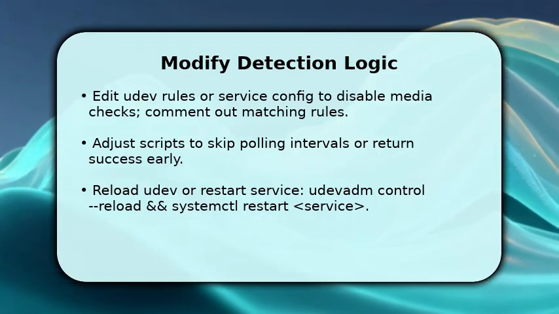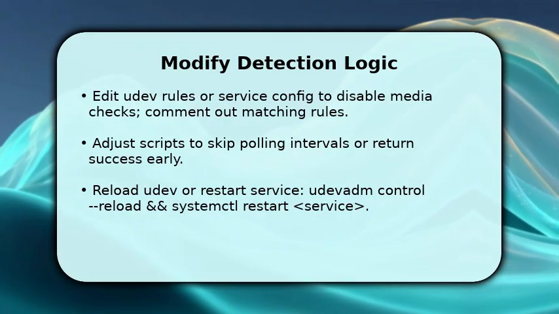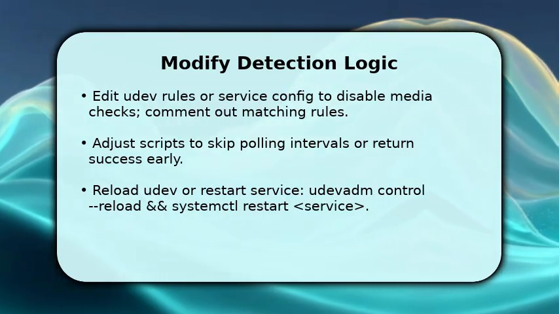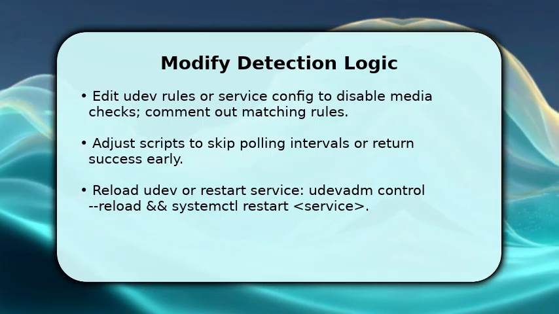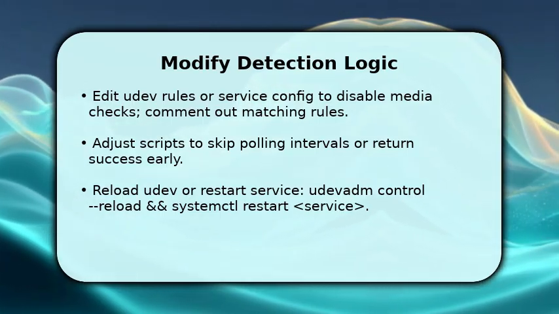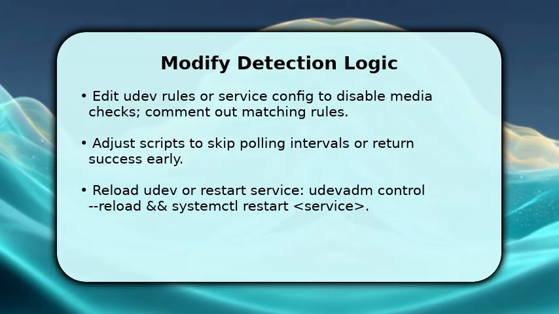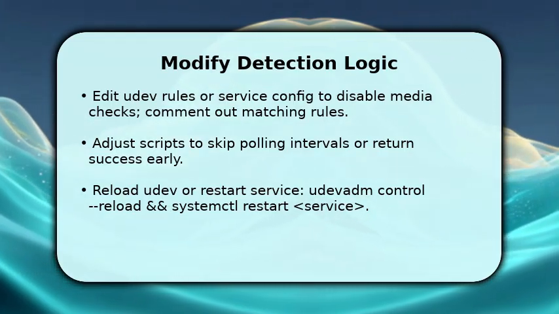Alternatively, modify scripts to return success immediately when a mount check runs. Once edits are saved, reload udev rules and restart the service: udevadm control --reload, then systemctl restart service. Make sure to test with a simulated device or dry run flag where available, because that reveals residual checks you